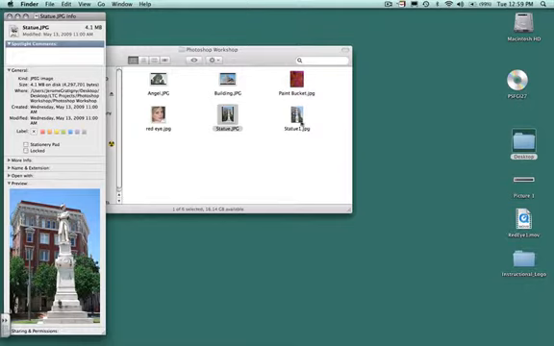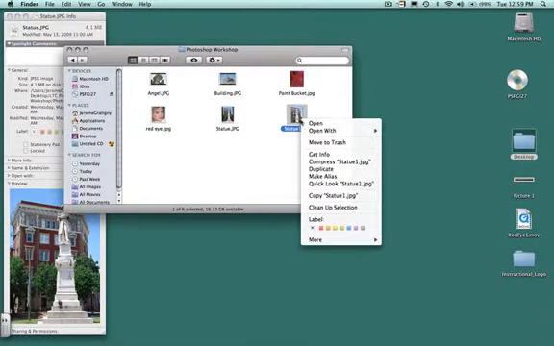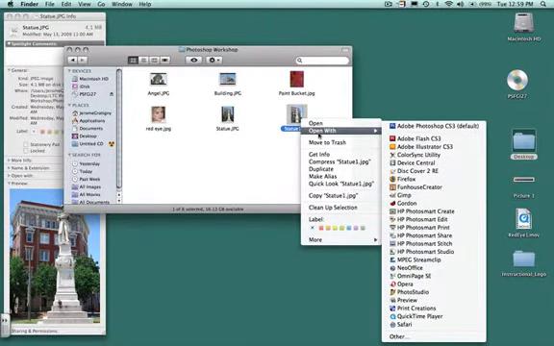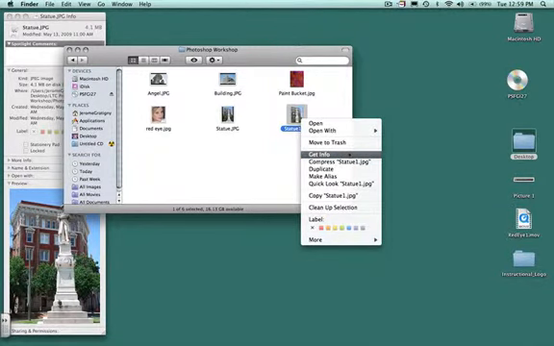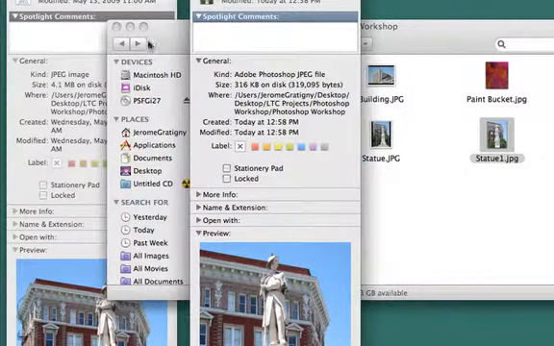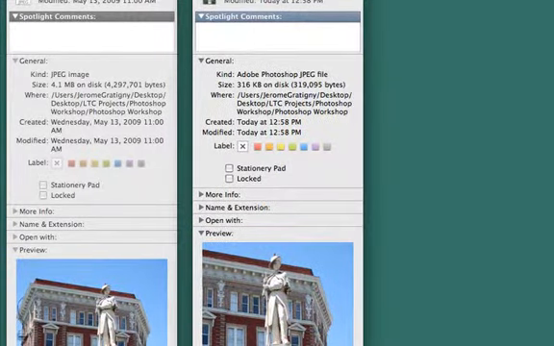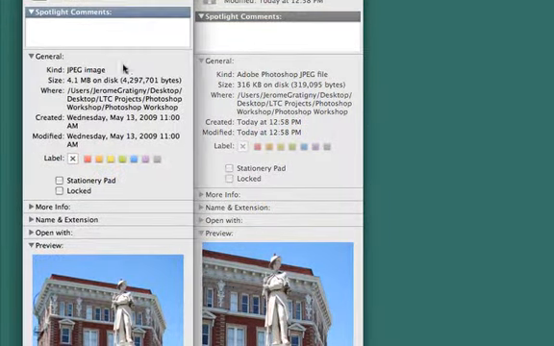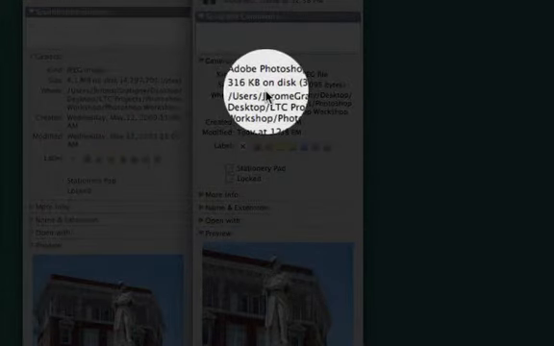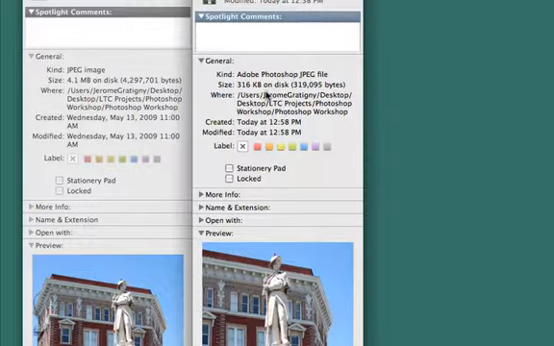megabytes. I'm now going to right click on statue 1. This is the one that I cropped and resized, and I want to check out my file size here, and I'll notice that that is 316 kilobytes. So looking at the original of 4.1 megabytes compared to 316 kilobytes, that's quite a size difference. And if I want to send several images over the internet in this particular file size, I will be able